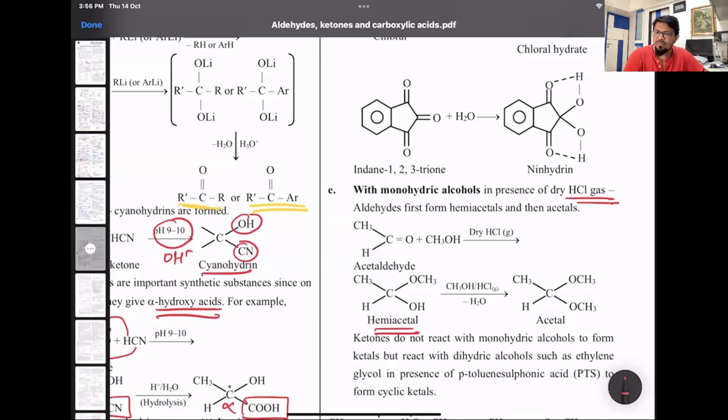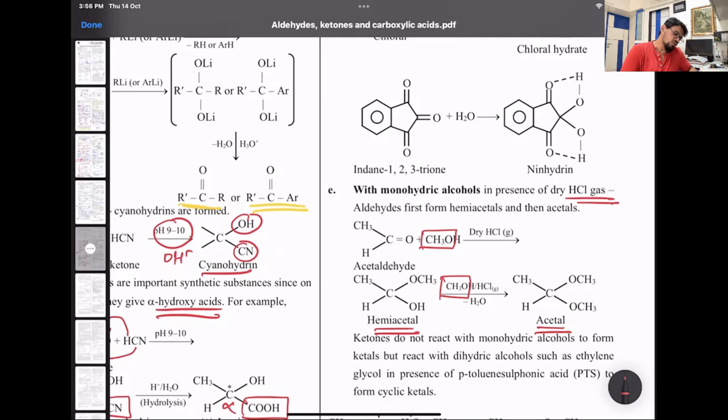That's called hemiacetal. And then if you add the second mole, it forms the respective acetal. What is acetal? A geminal dialkoxy compound. So there are two methoxy groups. Where did these two methoxy come from? From methanol. CH3O, CH3O. That's how. If I had used excess ethanol, instead of 2 methoxy I would have got 2 ethoxy groups. So remember, hemiacetal, half alkoxy, half alcohol. Acetal, geminal dialkoxy compound, where both alkoxy groups come from alcohols.